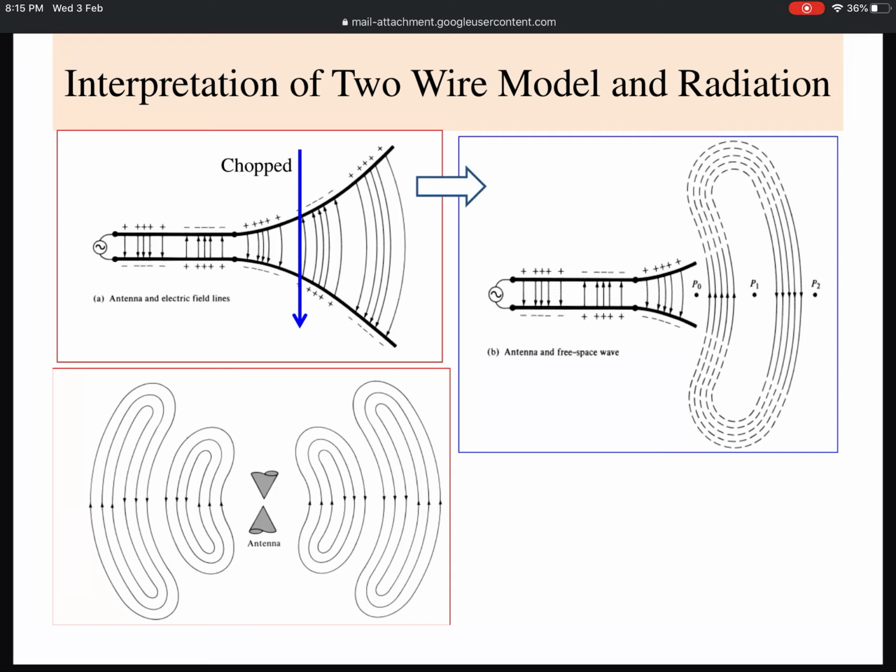Now you can also see that at the right end the guided medium has been gradually flared, and ultimately the flare size has become big, and it terminates in free space. This flare is made in such a way that the impedance looking at the flare side from the free space is matched to the free space impedance, which is 377 ohm, and that is why the impedance match took place. And once the impedance match takes place, at that time we will have radiation.